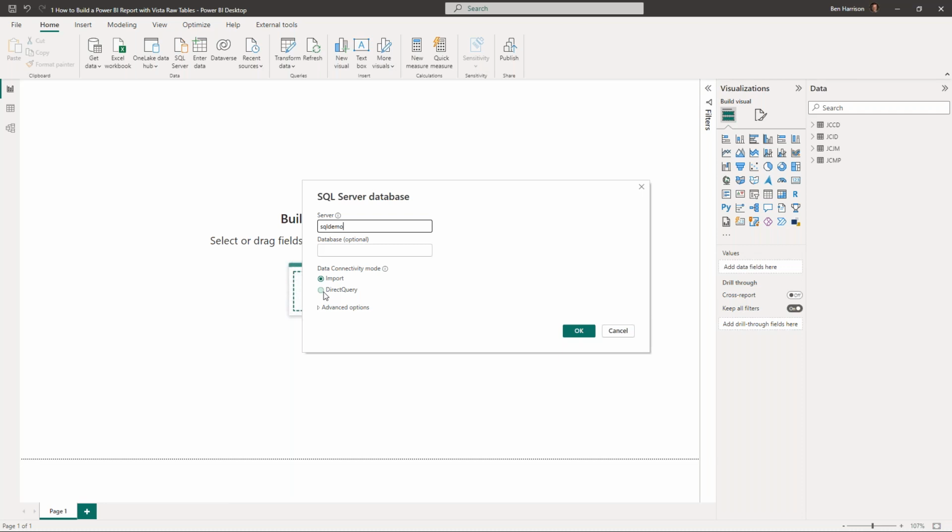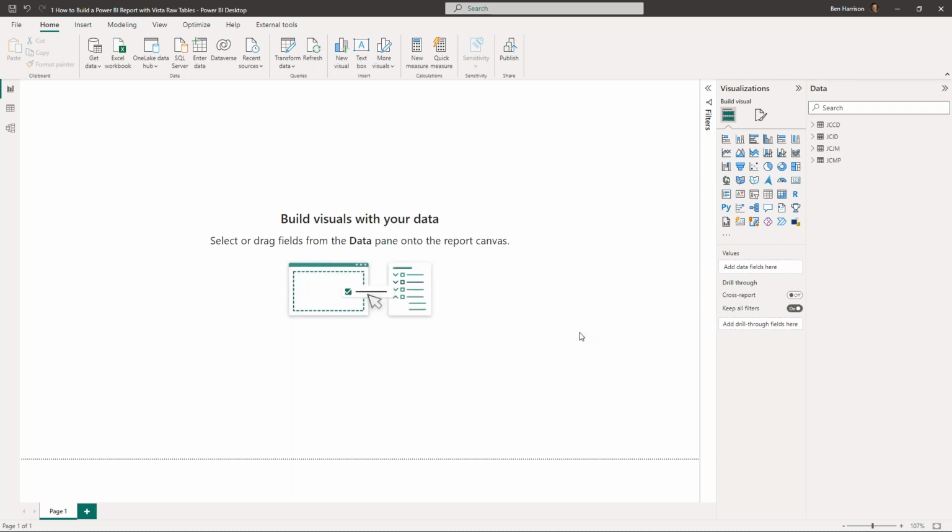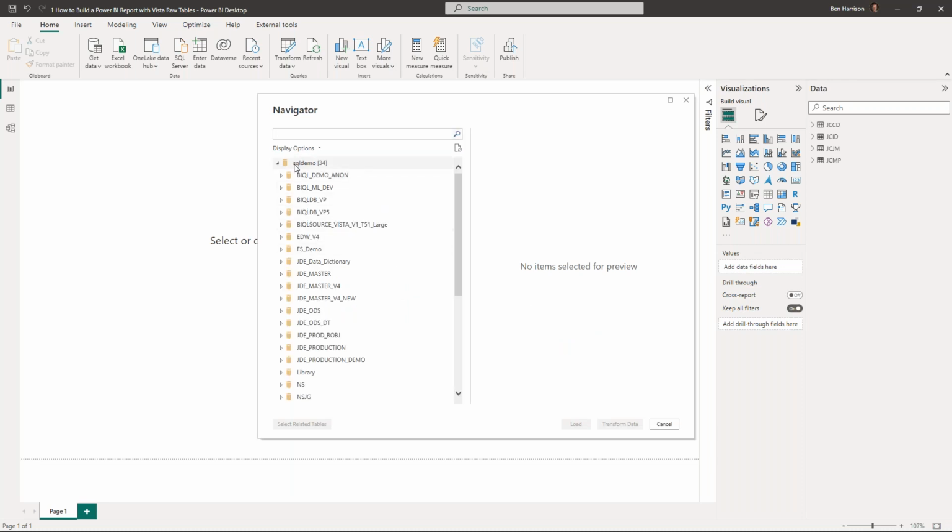So we recommend do the import. The import's going to give you better response. It's better for analytics, and it doesn't risk tying down your Vista service in any way. So if I go ahead and say that, I pick OK, and what's going to come up is that SQL Server